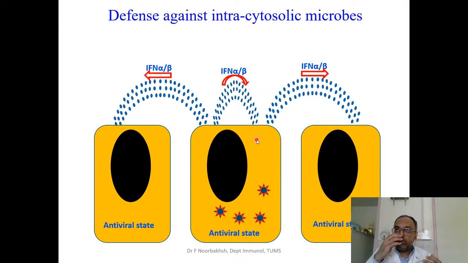You know, when something is produced by a cell, it can influence the same cell. It's called autocrine fashion. It can influence nearby cells. It's called paracrine fashion. And it can influence cells which are distant from the producing cell. It's called endocrine fashion. So interferons influence nearby cells in a paracrine fashion and the same cell in an autocrine fashion. And they change the internal state of the cell, generating something which some people have called antiviral state, a state which makes it difficult for viruses to proliferate.